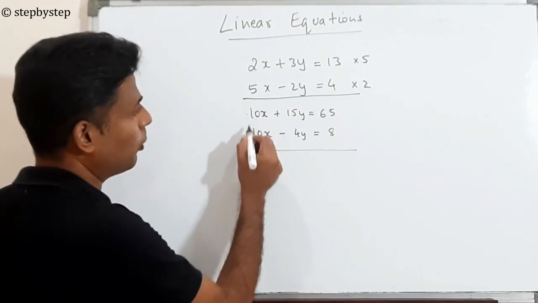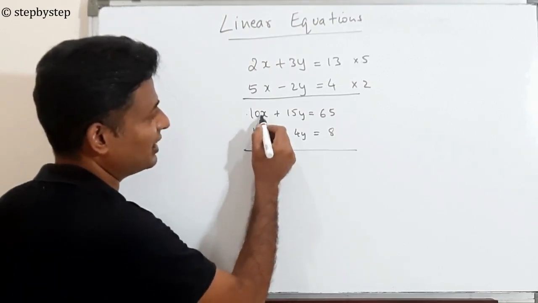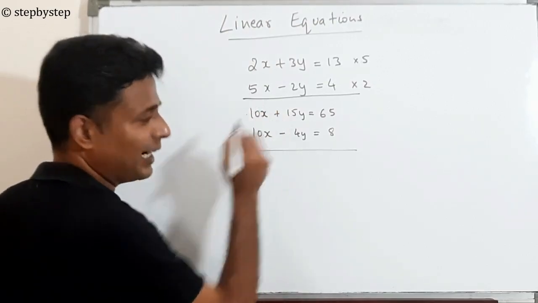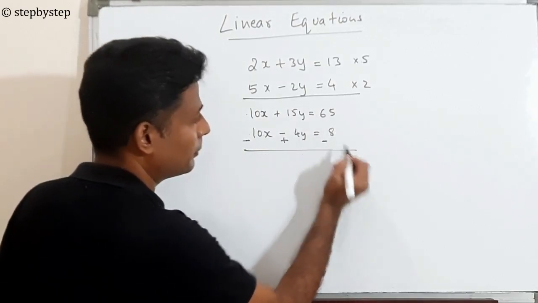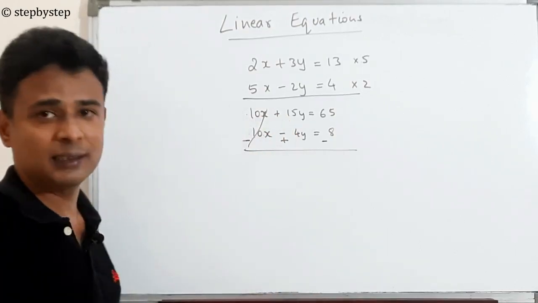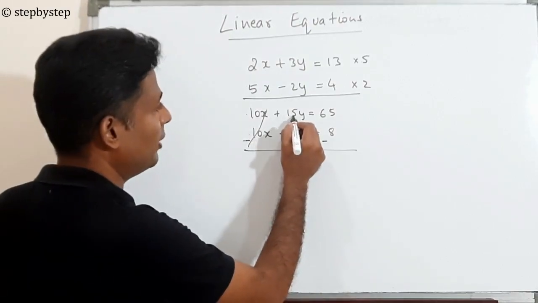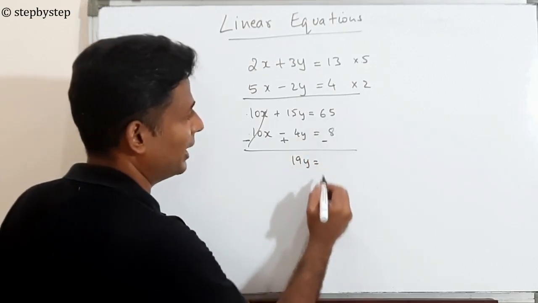Because here both are plus, so if I add they will not cancel. So I'll subtract this from this. When you subtract, what happens? This becomes minus, this becomes plus, this becomes minus. So plus 10x minus 10x, 0. 15y plus 4y, 19y equal to 65 minus 8,